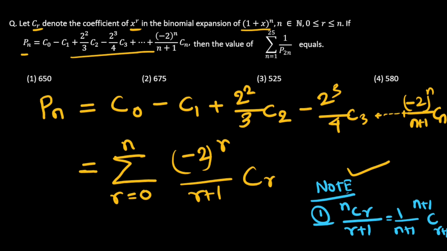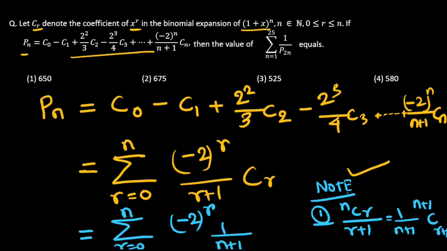It denotes the binomial coefficient of this expression. So this expression means nCr. Therefore, write this summation and use this identity. This summation converts to r is equal to 0 to n of minus 2 to the power r, 1 over r plus 1 CR, that means 1 over n plus 1